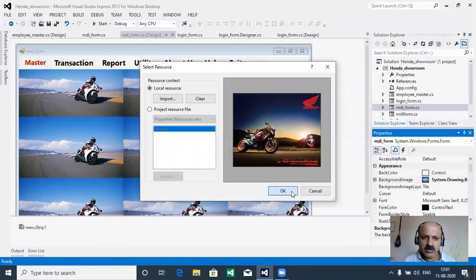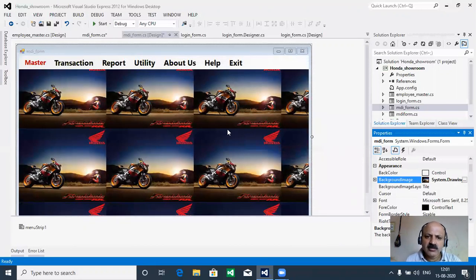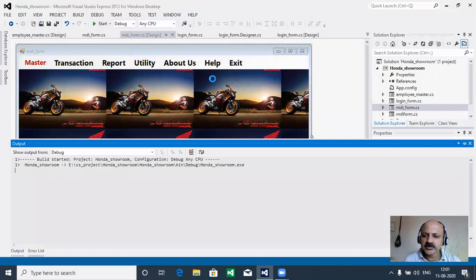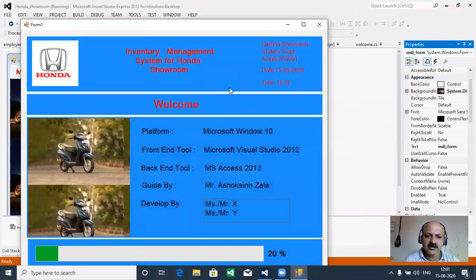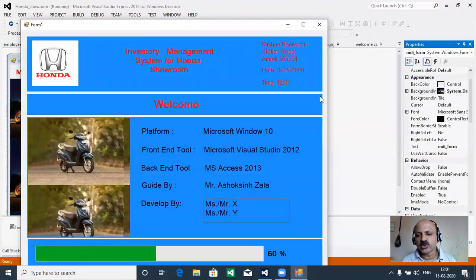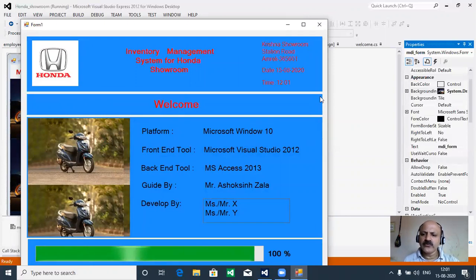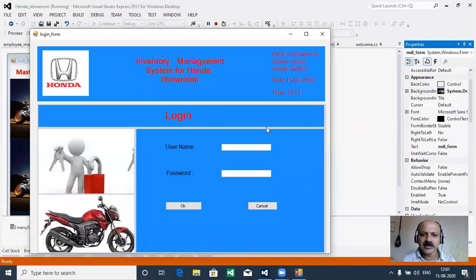So how does it look? Yes, I think it is best, because our company logo is there and the background color is suitable. So let us check at runtime how it looks. So we can take a decision whether to fix our MDI image or not. You can download four or five test images, then you can get the idea.